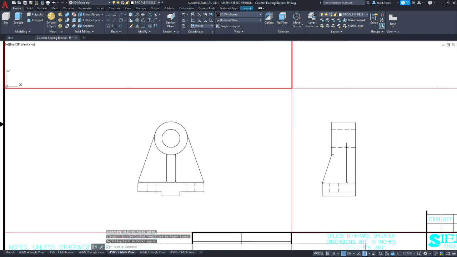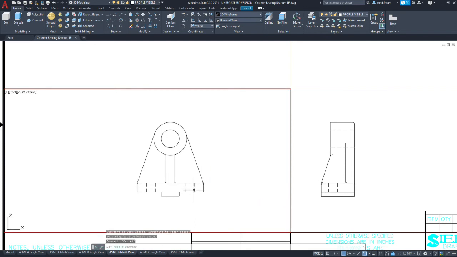Okay, so let's start with the front view. We basically have everything except for the 2 hidden lines for the holes going through the plate. So I'm going to select from left to right, where anything that crosses the marquee box will be selected, and be careful not to select the hidden lines that are associated with the holes.